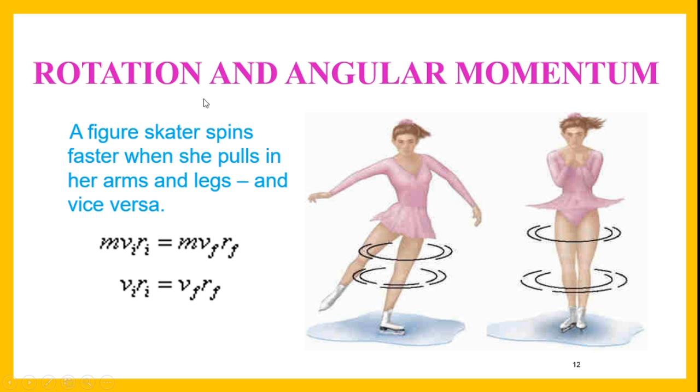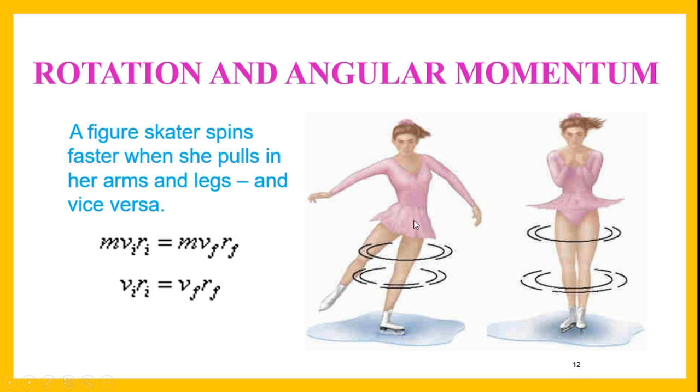So we will see one more example. A figure skater spins faster when she pulls in her arms and legs, and vice versa. The same is the case with the figure skater also. While this figure skater is stretching her arm or her leg, because the radius increased, the angular velocity will be less, because of which this figure skater revolves with a lower